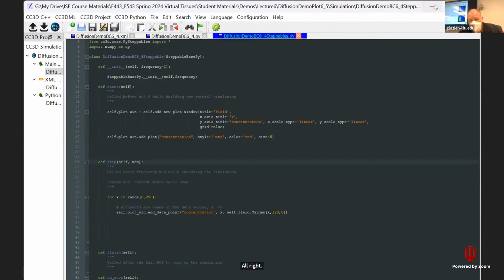Okay, so one of the things that you'll see is that initially the concentration moves across from left to right quite quickly. And then as time goes on, it slows down. And if I ask the question, how long does it take for this bar to get to a given position? After about 120 Monte Carlo steps, that green has gotten about 11 voxels to the right. At 2,500 Monte Carlo steps, it's gotten to 50. And so this is telling us something fundamental about